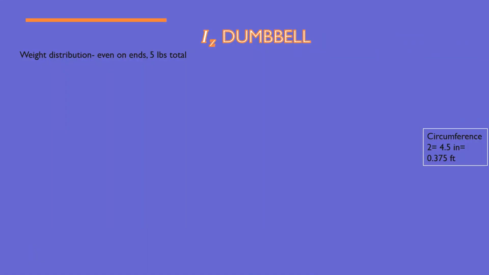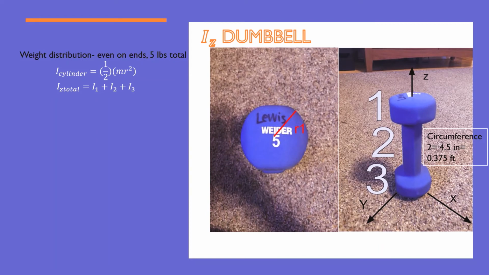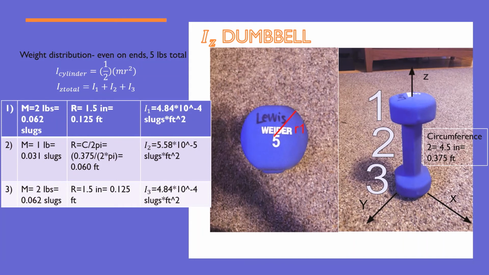The mass moment of inertia of each dumbbell is found by separating it into 3 separate cylinders and determining the radius and mass of each section to determine its mass moment of inertia along the z-axis. It's important to note that dumbbells are held vertically in the simulation so that the mass moment of inertia occurs through the center of each cylinder along the z-axis, and therefore the parallel axis theorem does not need to be